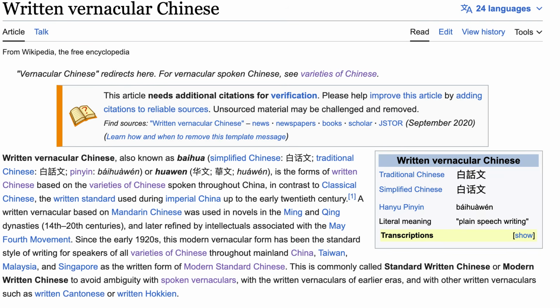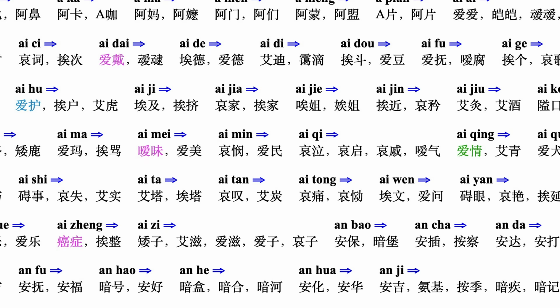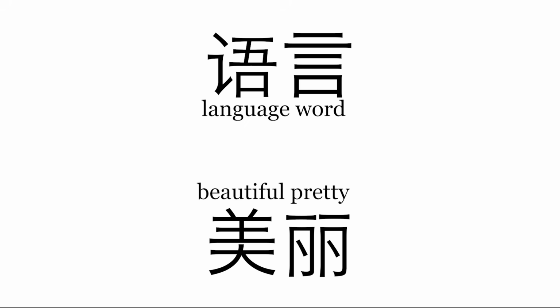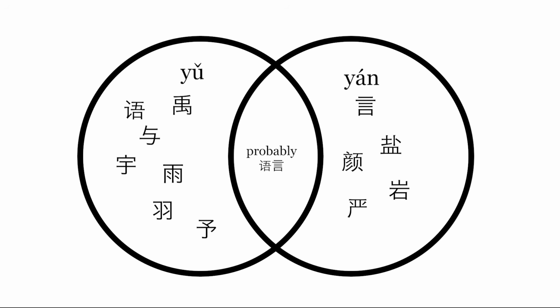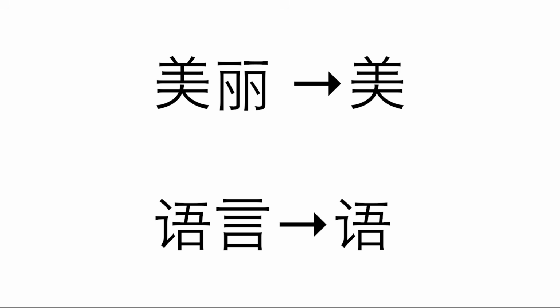Hanziyu is based off standard written Chinese, but there's two key differences in vocabulary to any other Chinese languages: loanwords and compound words. Because of the one syllable per character rule in Chinese languages, there's a lot of homonyms. To avoid ambiguity, many nouns are actually made up of two words which overlap in meaning together, like 美丽 or 语言. That way, the listener can Venn diagram the words in their head to get a better idea of what the speaker is talking about. This is a really clever solution, but obviously in Hanziyu, this homonym problem doesn't exist, so the second word in these kinds of compounds is just omitted.